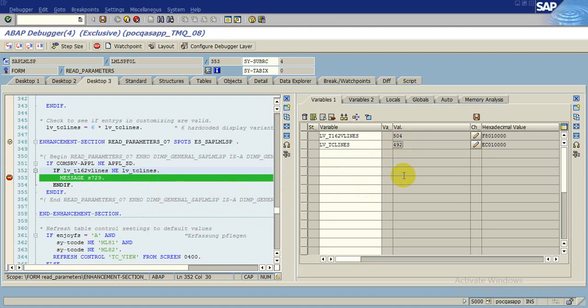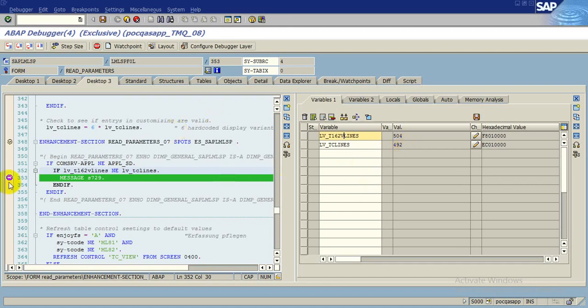So friends, the solution is we will go to this table, that is T162V, and we will decrease this 504 to 492. Then this message will go off.